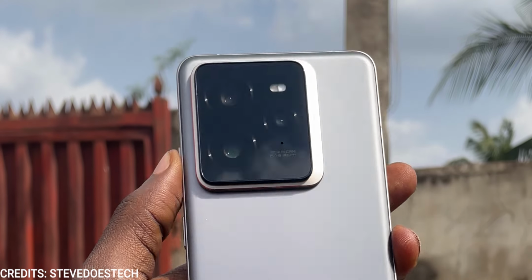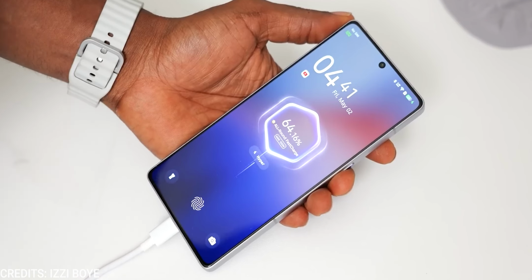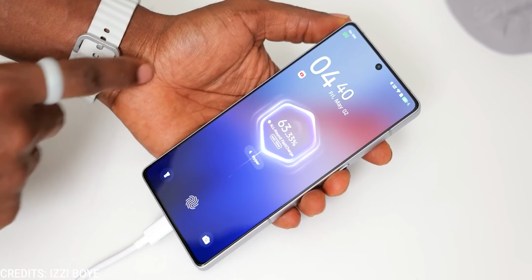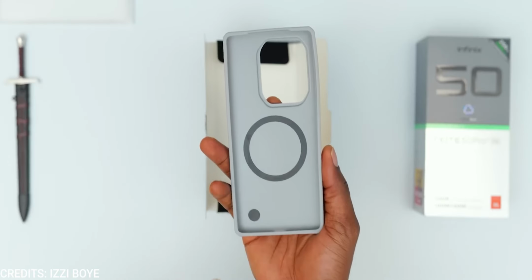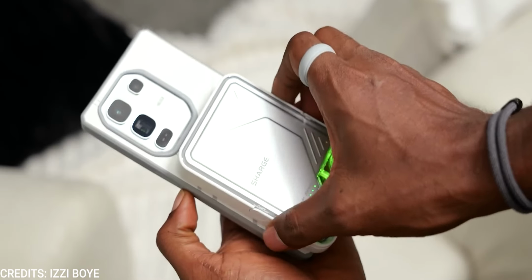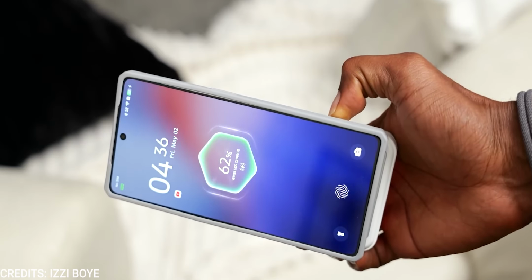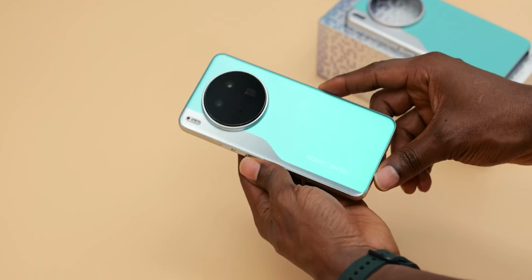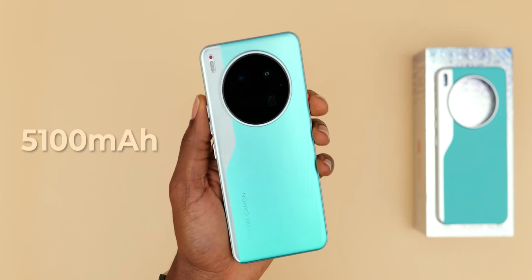Battery and charging is where the Infinix Note 50 Pro Plus shines the most, as it sports a 5200 mAh silicon carbon battery which is capable of 100 watts fast charging. That's not all, it supports 50 watts wireless charging, and it can also reverse wireless charge at 7.5 watts, which is just amazing. Unlike the Tecno Camon 40 Premier, which only supports 70 watts wired charging for its 5100 mAh